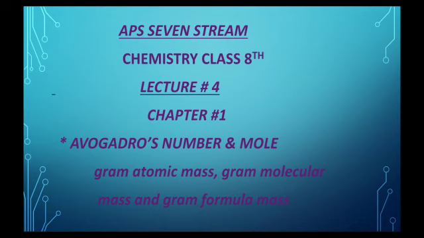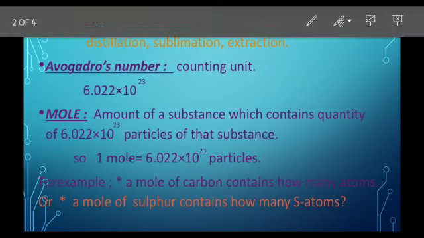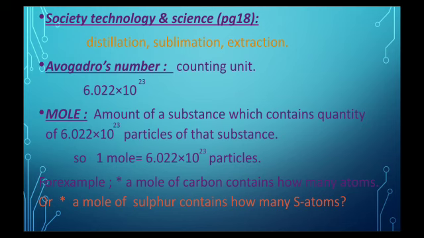The topics that we are going to study today are Avogadro's number and mole, gram atomic mass, gram molecular mass, and gram formula mass. Before starting the topic of Avogadro's number, let's study a little bit about society, technology, and science. It says that during the period of 600 to 1600 AD, chemists were obsessed with the idea of turning cheap metals into gold. They kept trying to convert cheaper elements like lead to gold